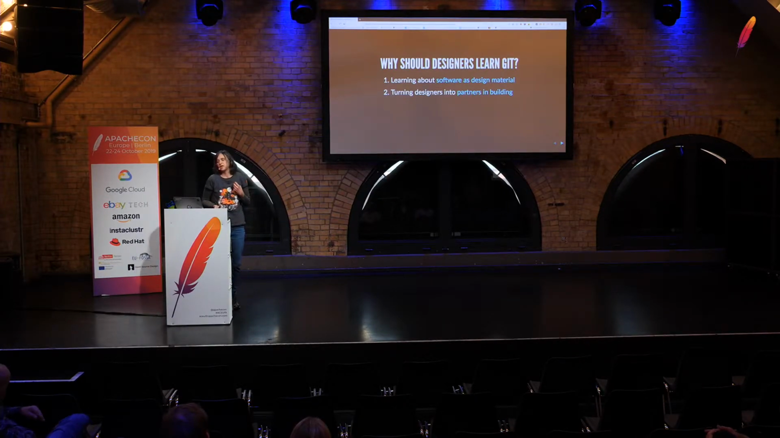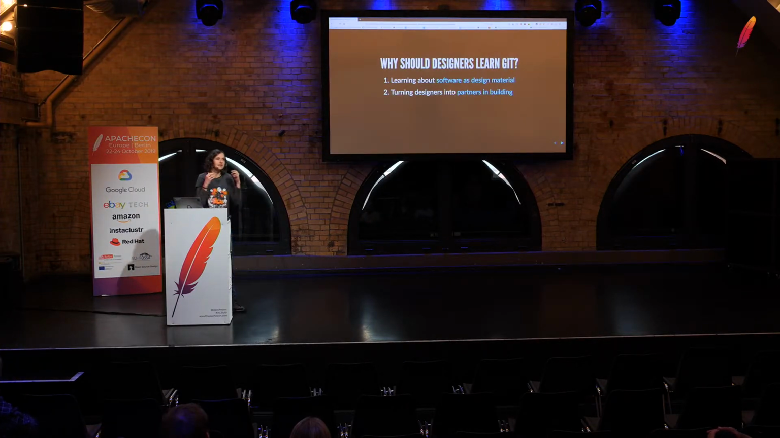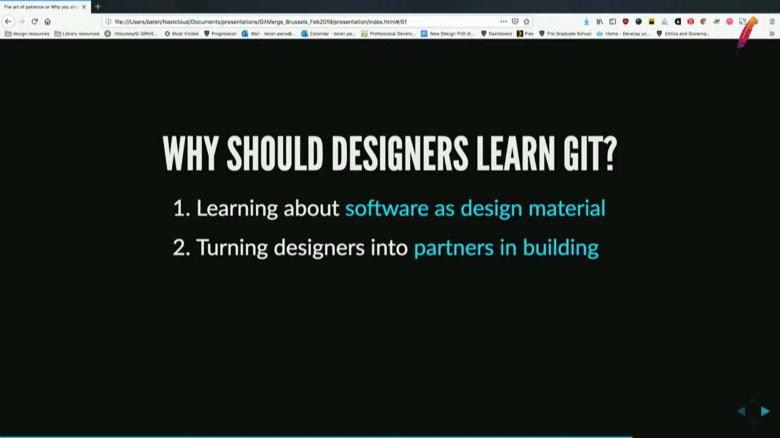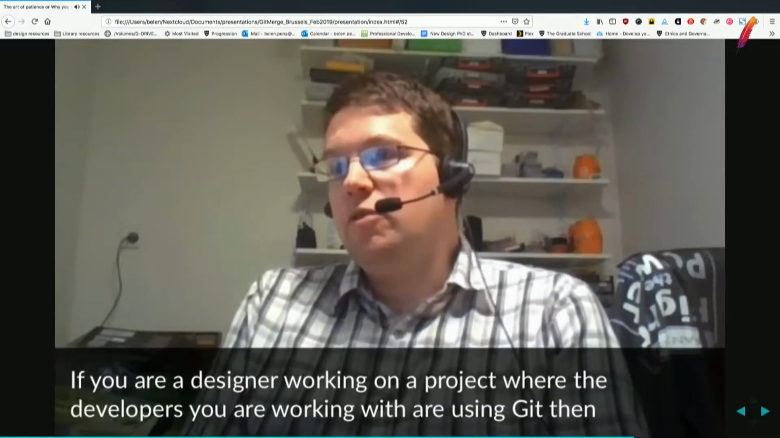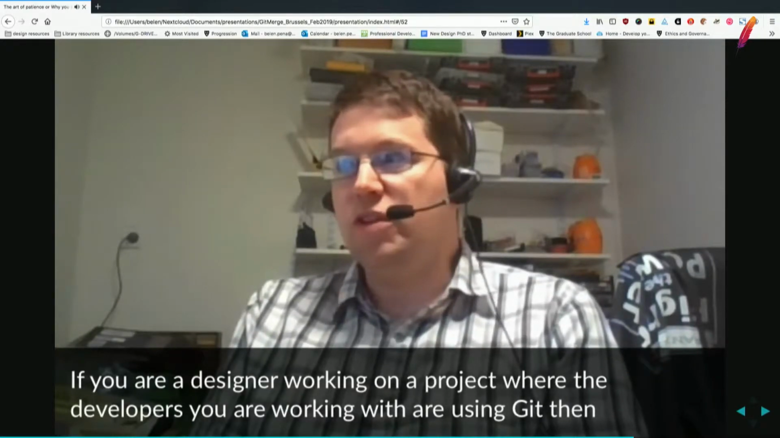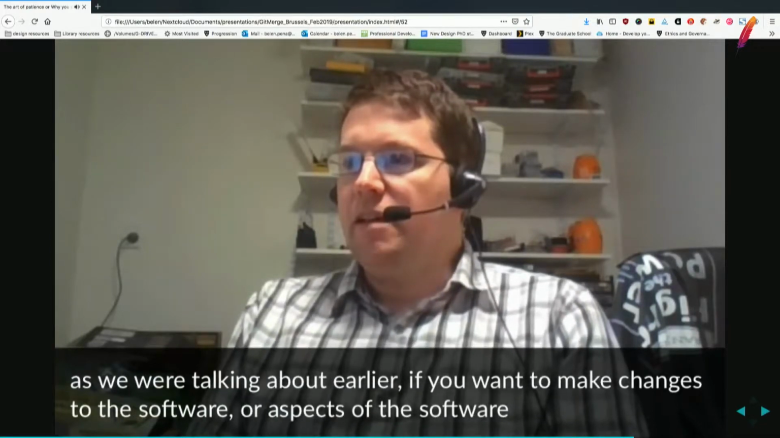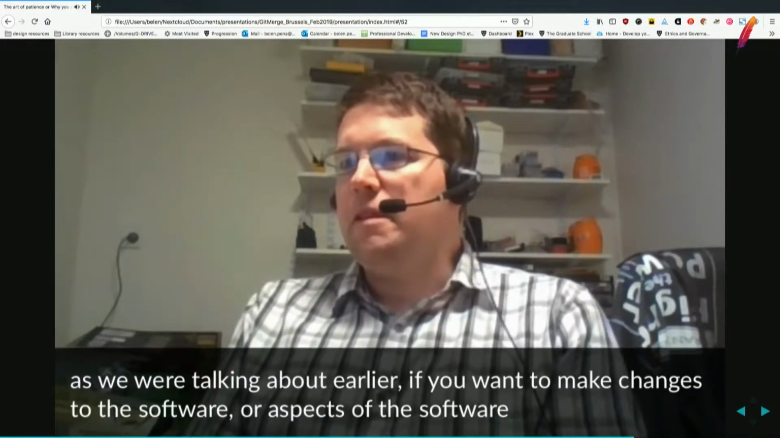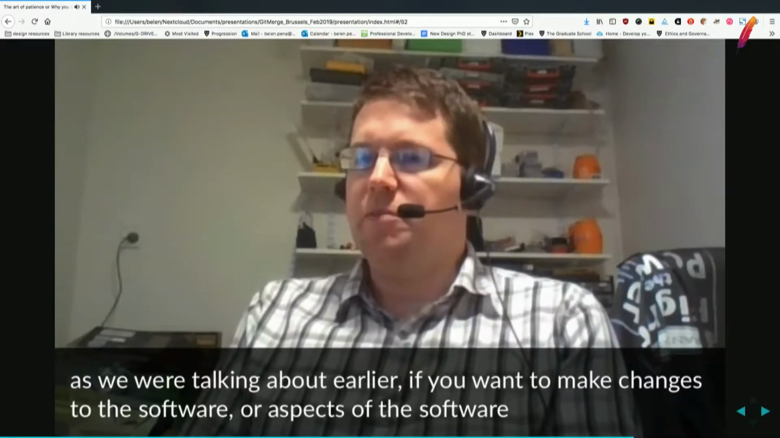There is a third reason why I think designers should learn about Git, and it is that knowing Git gives them the ability to participate in the development process on their own terms and to exercise a meaningful influence in that development process. And again, this is Paul talking. Yeah, and if you're a designer working on a project where the developers you're working with are using Git, then as we were talking about earlier, if you want to make changes to the software or aspects of the software,